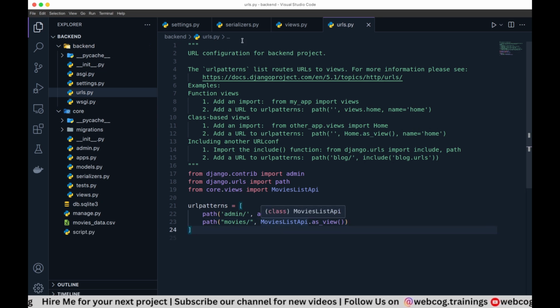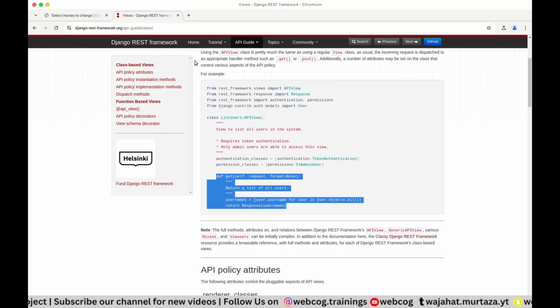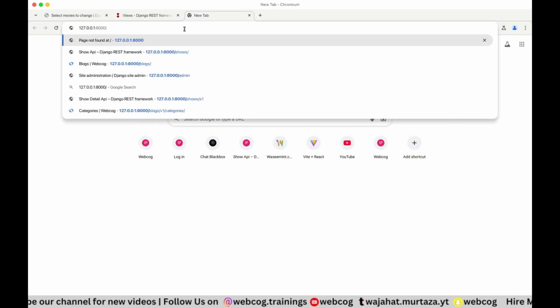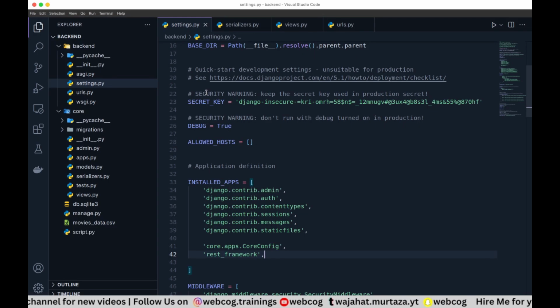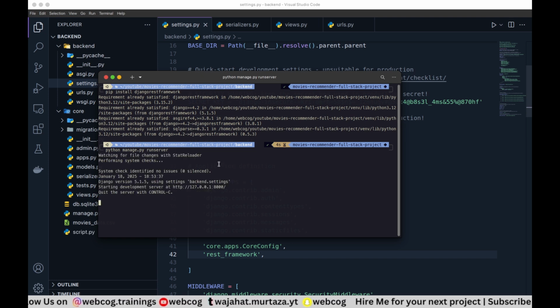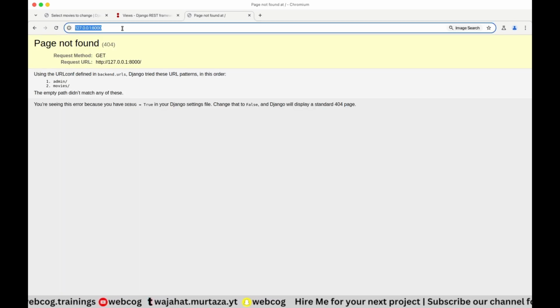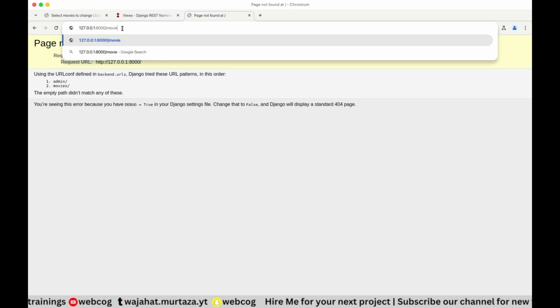So let's test our API. These are simple GET APIs, so we can simply test this in our browser. We don't need any specific tools like Postman or Insomnia. Here, if I type 127, this is our home page. But before that, let's turn our server on. python manage.py runserver, and you can see our REST framework library has been installed already. Here if I reload, and go to /movies, hit enter,